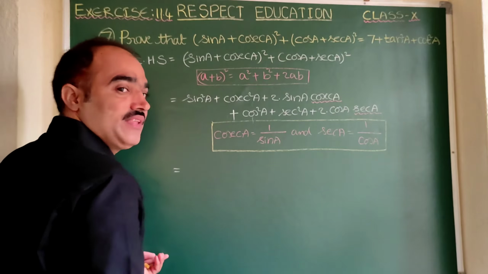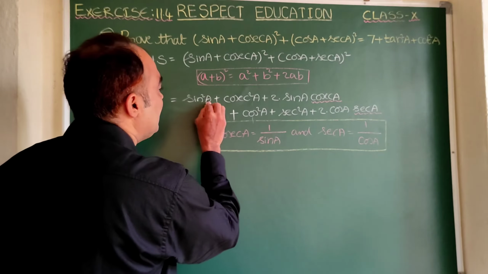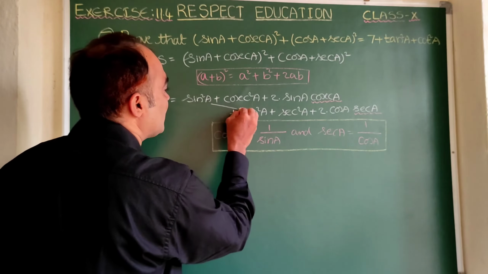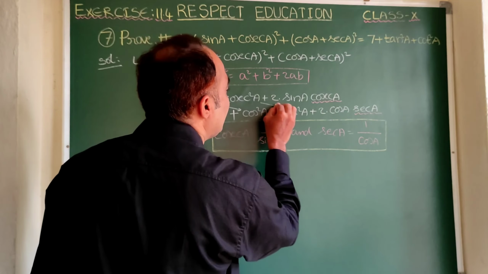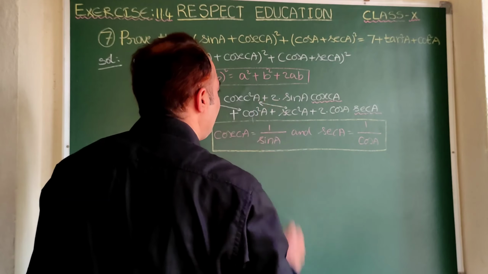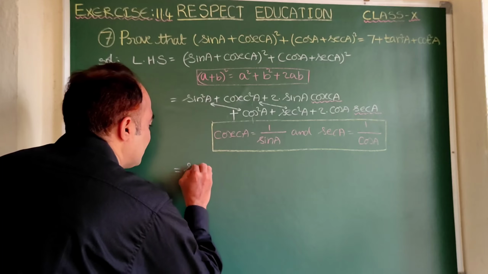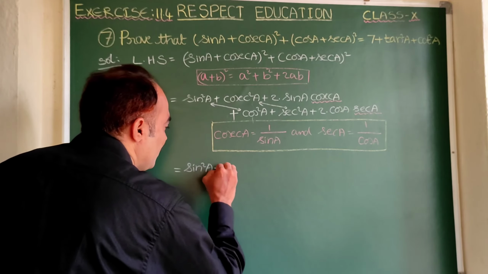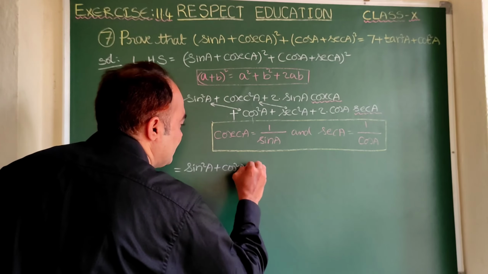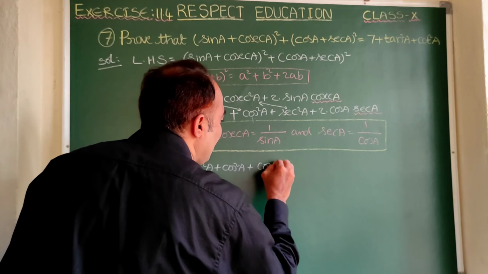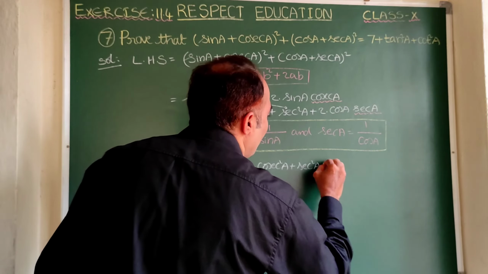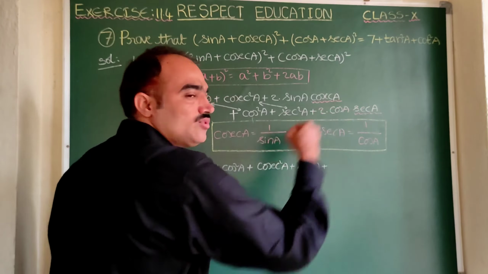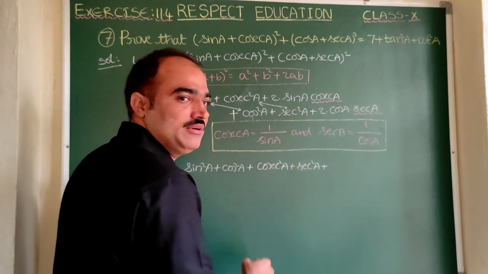Along with that, let us write this sin square a and cos square a together. Clear? Cosecant square a and secant square a, let us write together. Now here tell me first, sin square a plus cos square a. Same way, cosecant square a plus secant square a plus, now we are going to write this 2ab and this 2ab. First I am writing the first one, 2 into a means sin a.